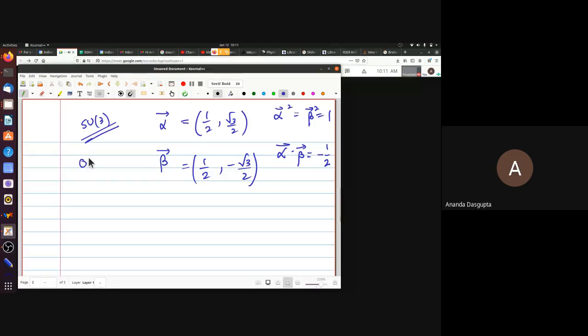Which is why SU3 had this Dynkin diagram. Remember 90, 120, 135, 150, these were the angles. So the number of lines just shows you which order you are at. 90 is no lines, 120 is just one line. So now this alpha dot beta equal to minus half, or this result